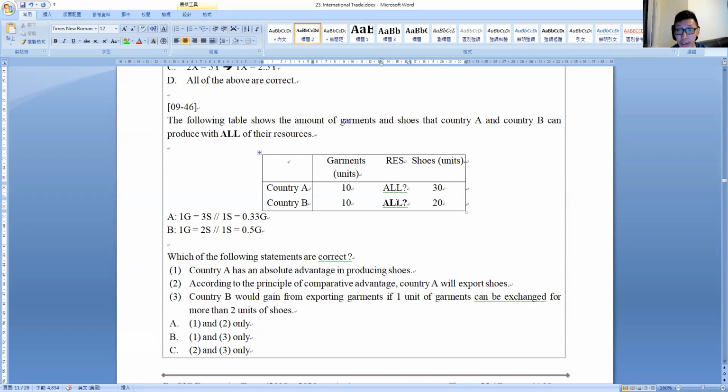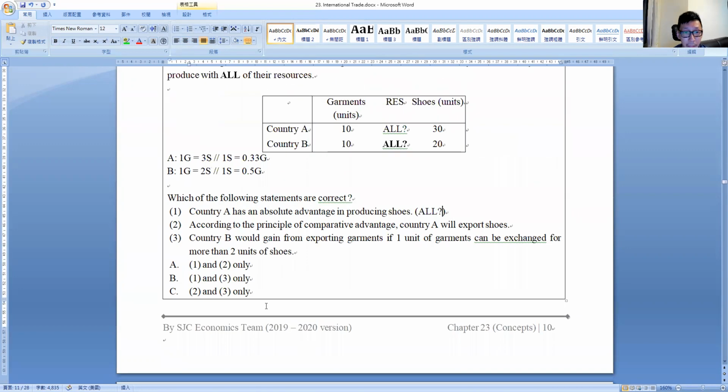Without knowing the amount of resources, we cannot conclude anything about the productivity of the country. So option 1 is wrong, this is a big question mark because of the word all. So remember, in future you have to be very sensitive to the word all. Since 1 is wrong, it should be 2 and 3, so the answer should be